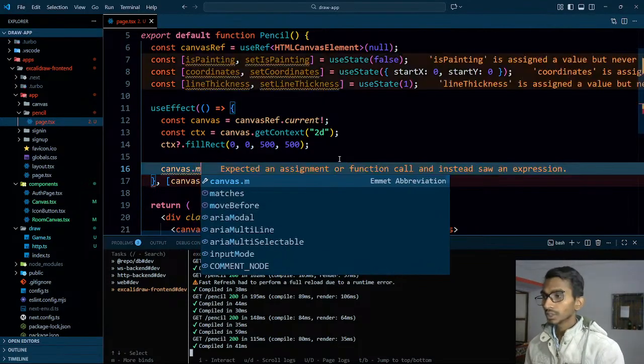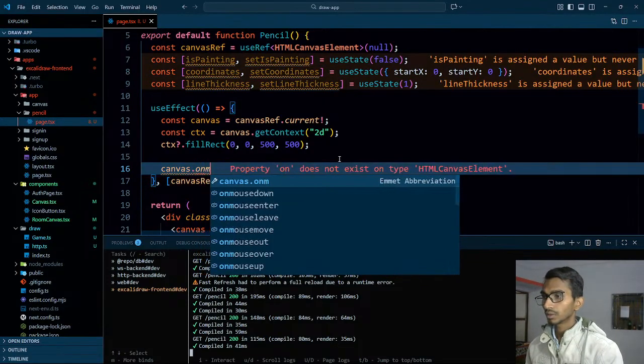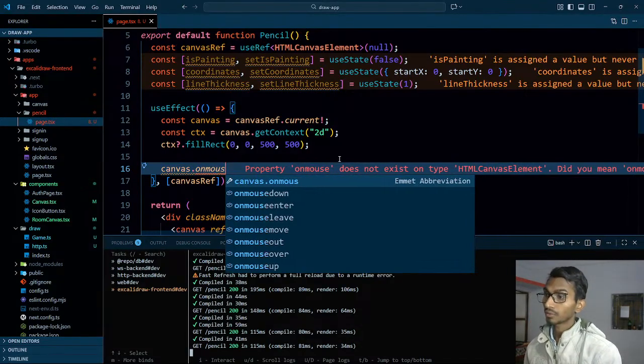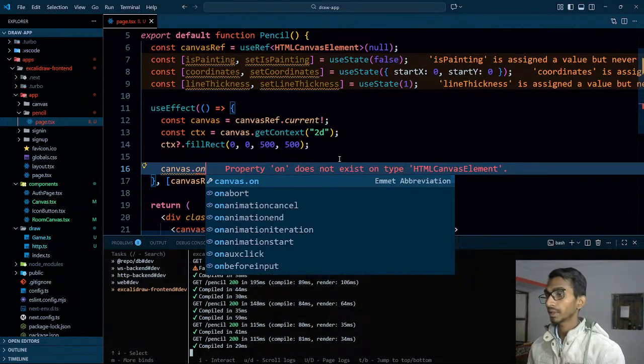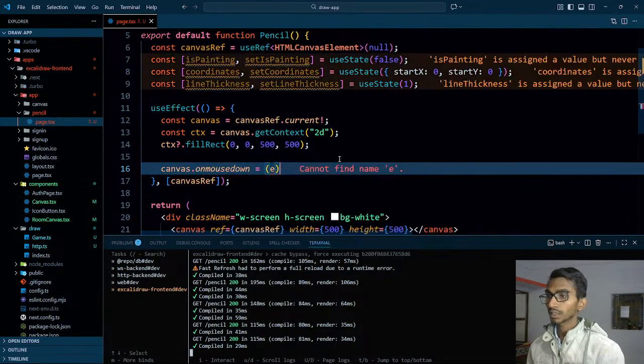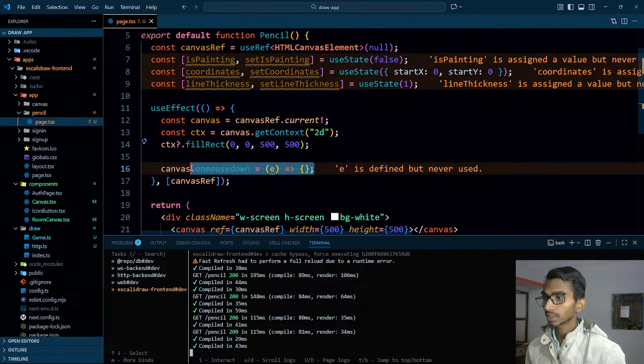Canvas dot, I can say on mouse down and on mouse click, this can actually work. Or we have add event listener. There are two ways, like either we can go with this one, on mouse down like this, we'll get the event and we'll get the things done. This is the first method, and the second method is